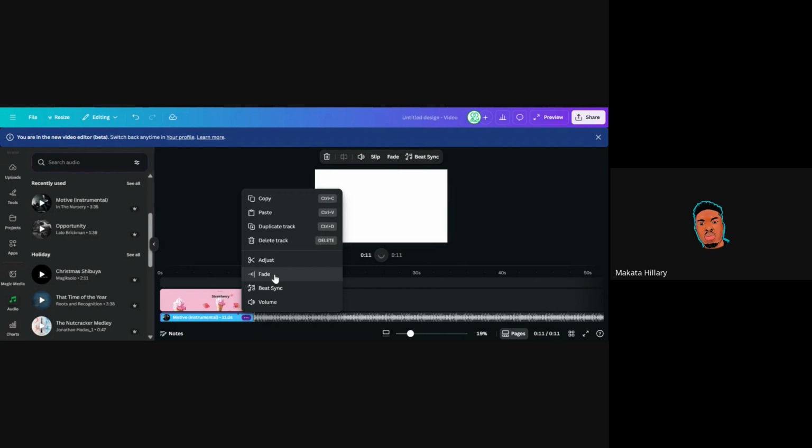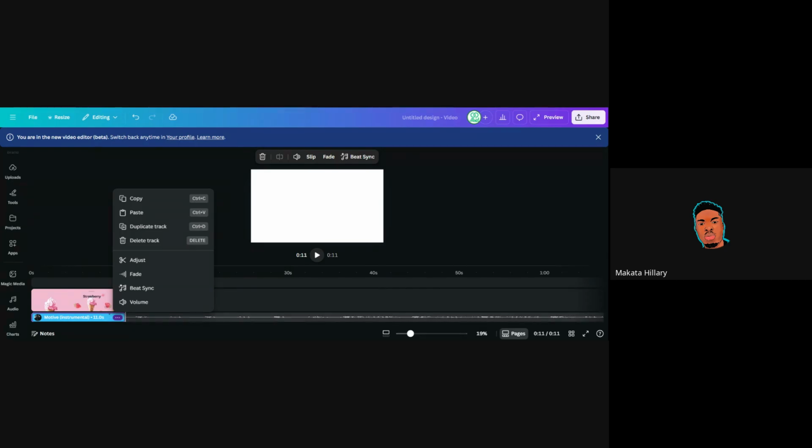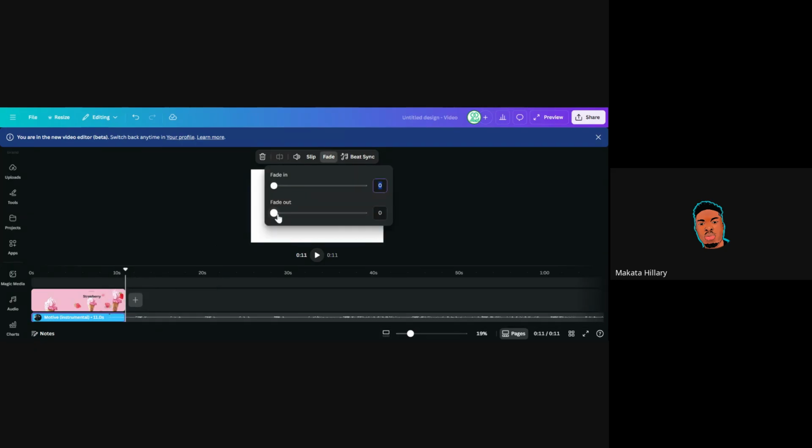You guys know what fading in and fading out mean. Fading in means you want the sound to start slow, then increase gradually. Fading out means that once the video is ending, the volume will reduce, it will fade out. So I'll add a fade out,